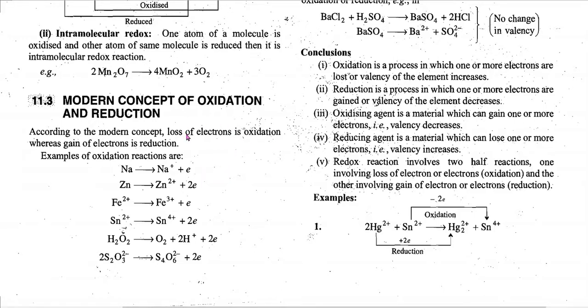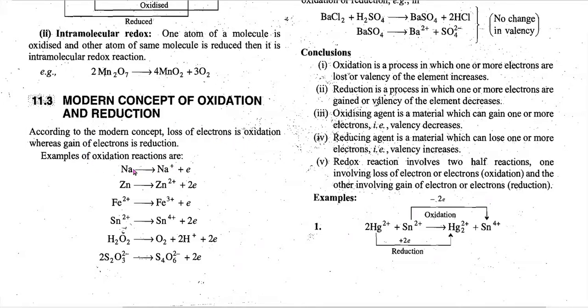A loss of electron, increase in positive charge and decrease in negative charge. These three are the definition of oxidation, and the reverse of this one is called reduction. First means gain of electrons is reduction, and decrease in positive charge is also reduction, and increase in negative charge is also reduction. You understood, I hope? The three definitions of reduction and three definitions of oxidation.